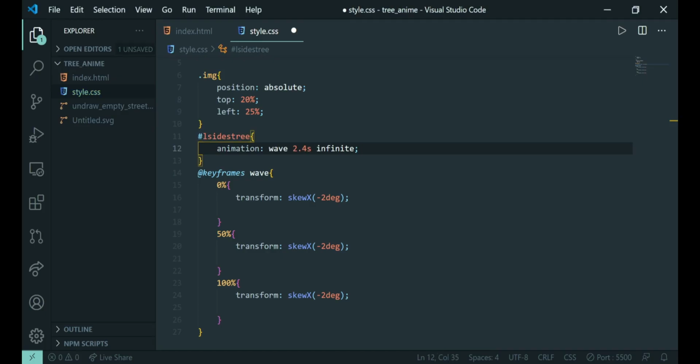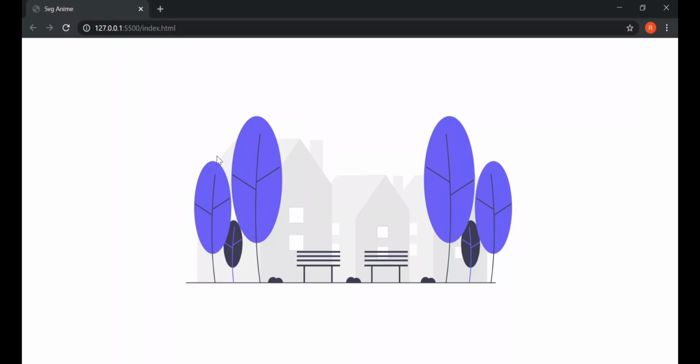Okay, it is not animating, but why? It was okay. We have not given here 0 degree because we want to and fro motion. So now I guess it should be. Yeah, now you can see that our tree is moving.